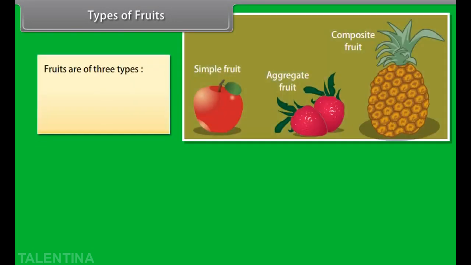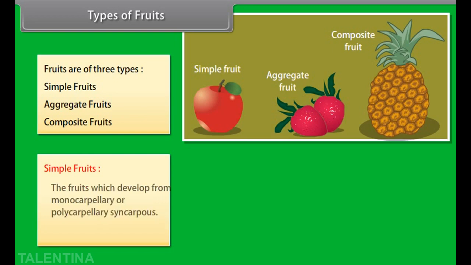Types of fruits. Fruits are of three types: simple fruits, aggregate fruits, composite fruits. Simple fruits. The fruits which develop from monocarpellary or polycarpellary syncarpous ovaries. Example,